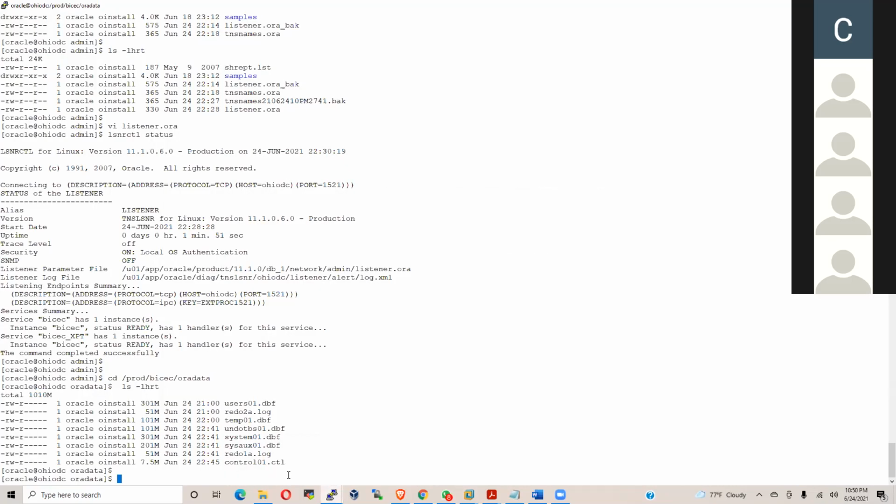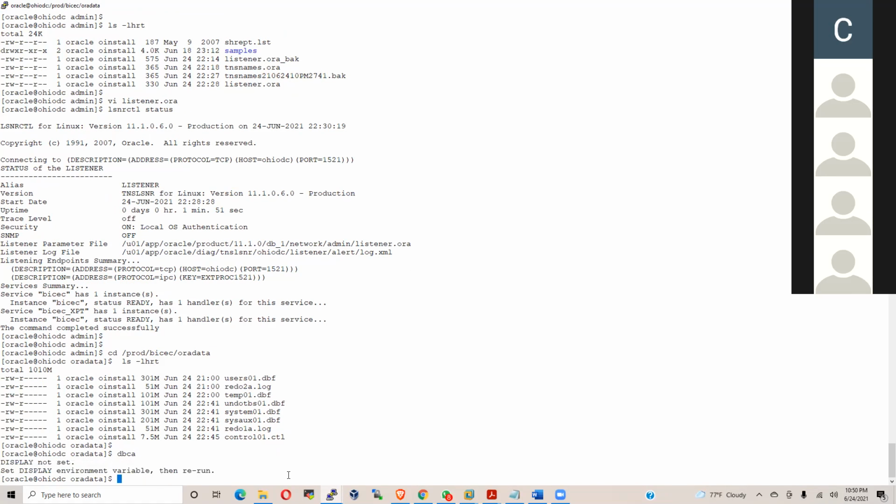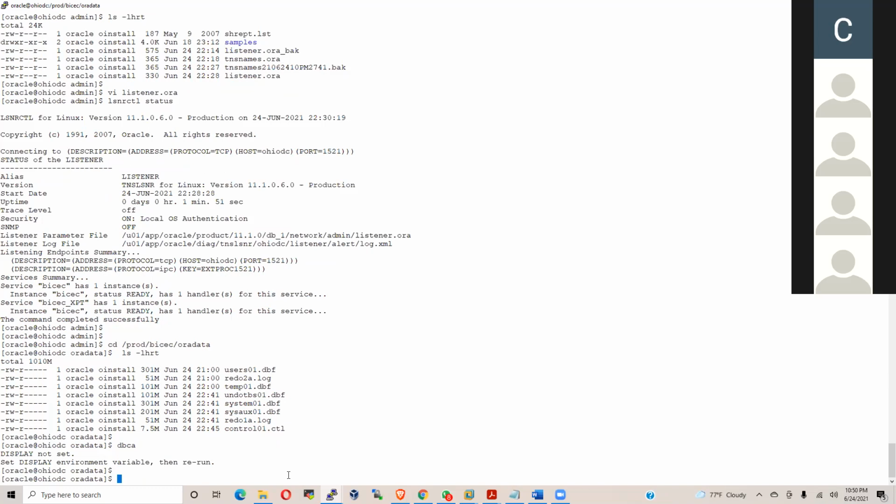Go to Putty. Okay. Now type in DBCA. Enter. What is it telling? Set this environment. Yes, will it open the Putty session? My question is, will the Putty session open the GUI for you? No. Putty is only a command line interface, right? Putty is only CLI, not GUI. We can do anything with the help of commands only, right?